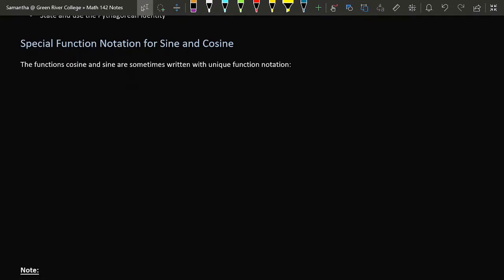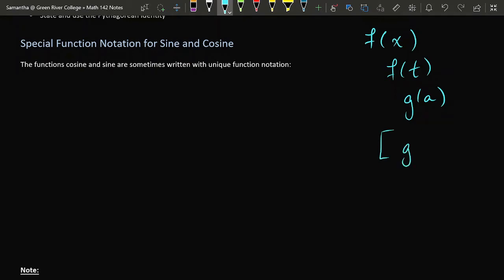Now, when you're working with functions, we have function notation. Traditional function notation has the function's name, usually something like f or g or h, and then parentheses, and then inside of the parentheses is the input. Maybe you have f of x, maybe you have f of t, maybe you have g of a, anything like that. This is traditional function notation. And you might see it represented as maybe g of x with parentheses or brackets around it squared to represent g of x multiplied by itself.